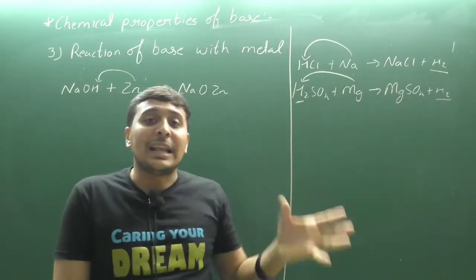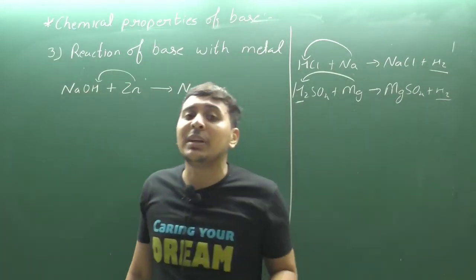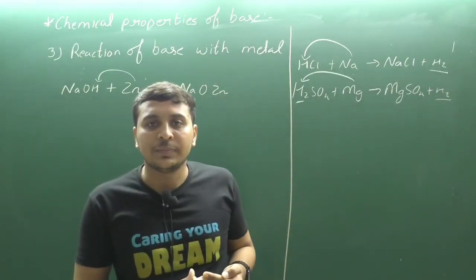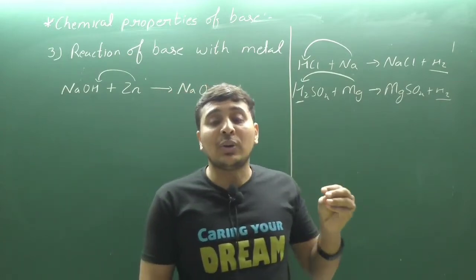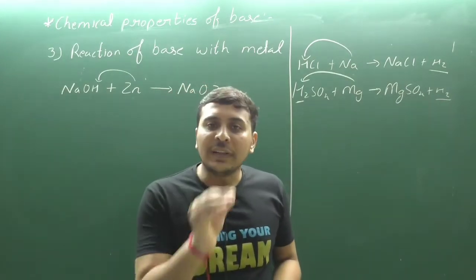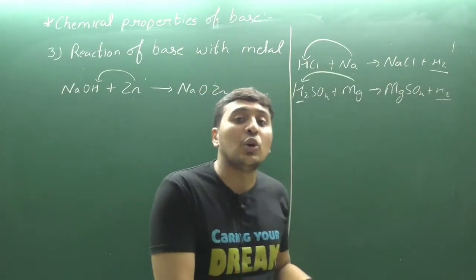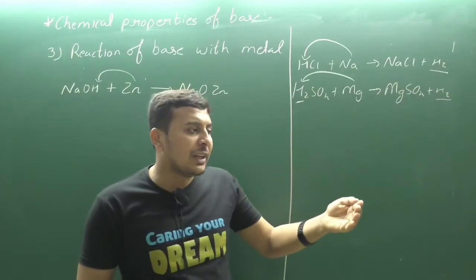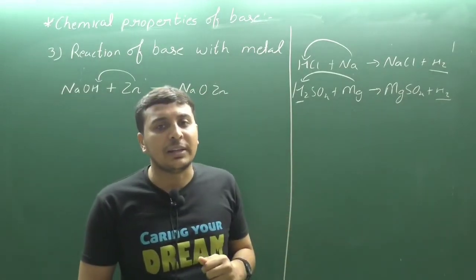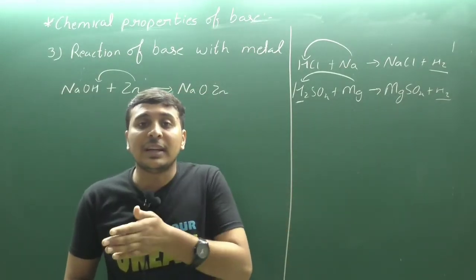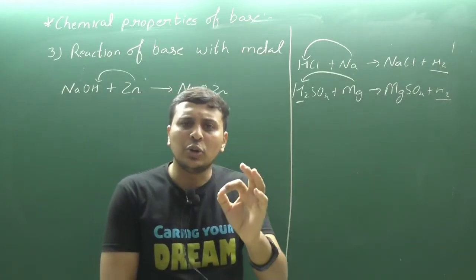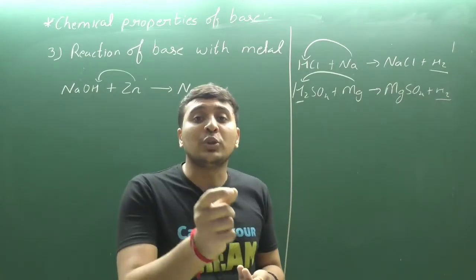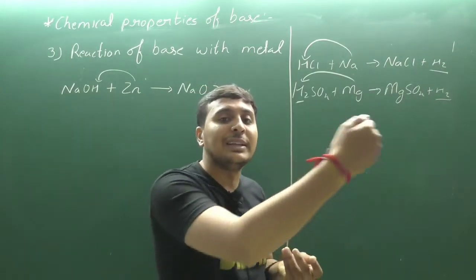Why? Because last year in class 9, in chapter number 3, we learnt about the rules of writing a chemical formula. There are a few rules. The first rule was that the positive ion should always be written ahead of the negative ion. So positive ion should be written in front of the negative ion, always on the front side in a chemical formula. If you do not know the rule, it is quite simple. You can remember that in any chemical formula the positive ion is always in front and the negative ion is at the back.